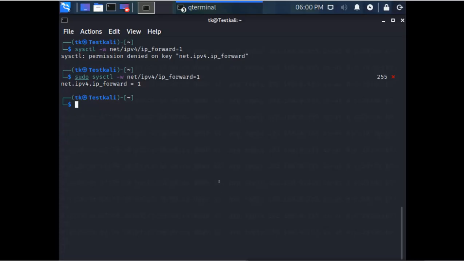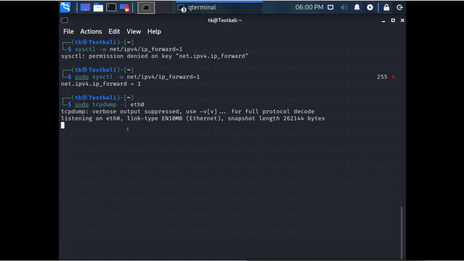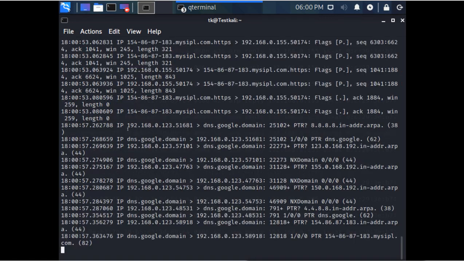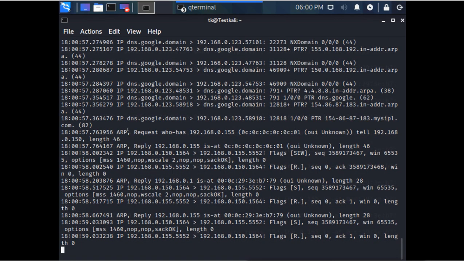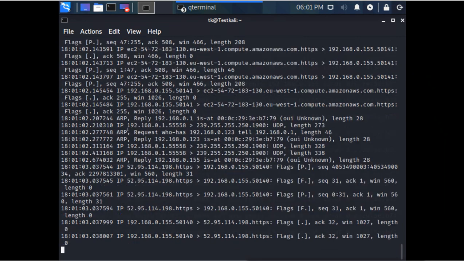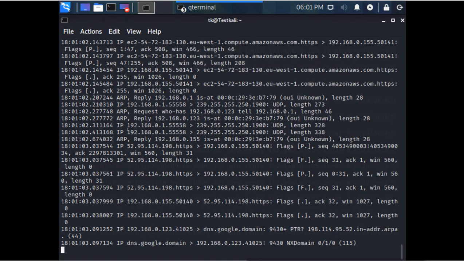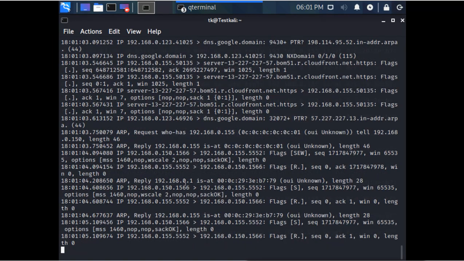Now here on the Kali Linux, I can start the monitoring tools. We have the command line tool tcpdump. This tcpdump is a Linux version of WinDump. In Windows we have WinDump, and in Linux we have the tcpdump command. So when you enable this with the interface ID, it will start sniffing all the packets which are going and coming from this interface, and you can see the traffic which is going from this machine. It is actually the traffic from that Windows machine to the router and to the internet, and you can see it is going and asking for different things.